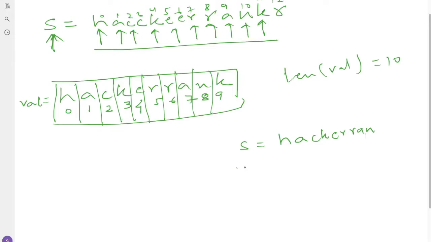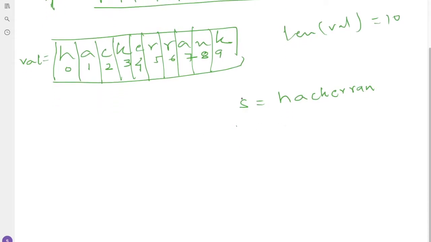What we will do here is iterate over the given string. We will use one for loop, for i in s, and move character by character in the given string.